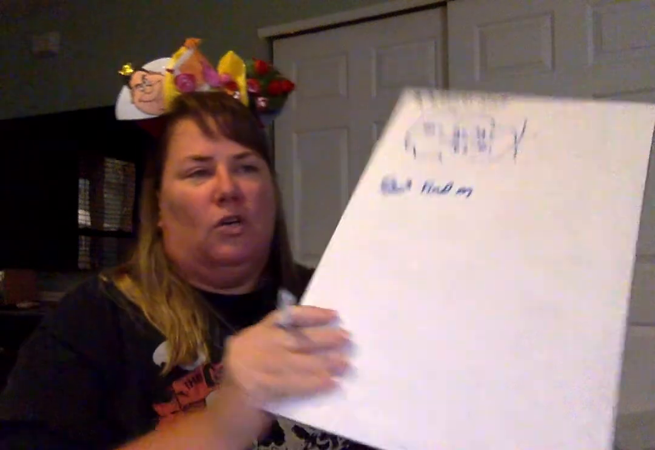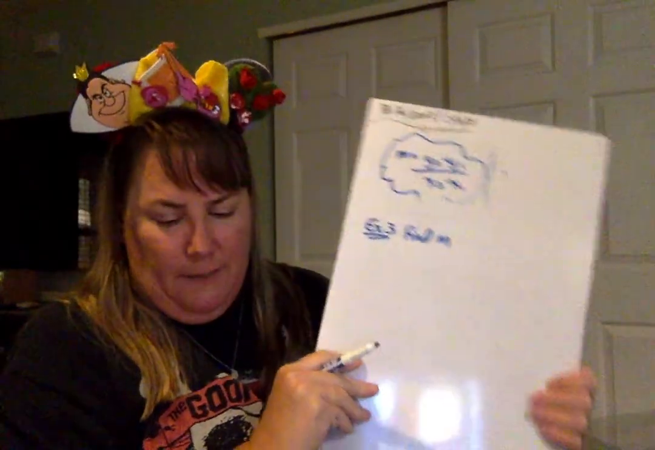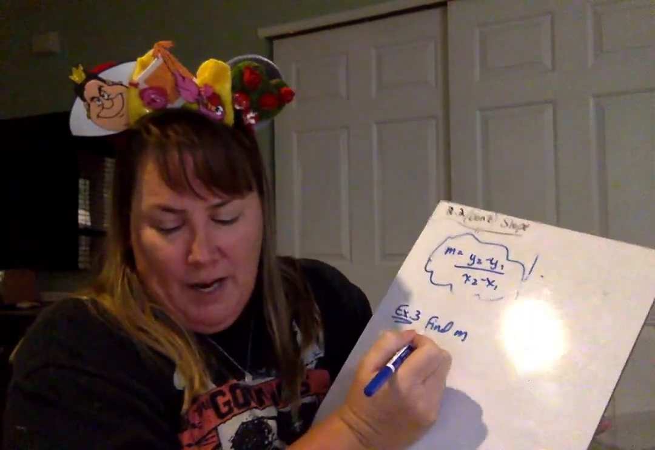All right, example 3. Still find the slope. So find m. So we're going to find the change horizontally, vertically, but make sure it's rise over run. So you're finding the change vertically first and then over the change horizontally. So we are going to have,